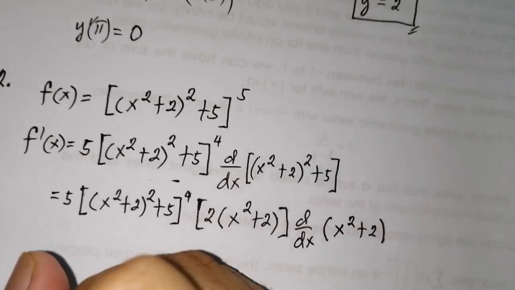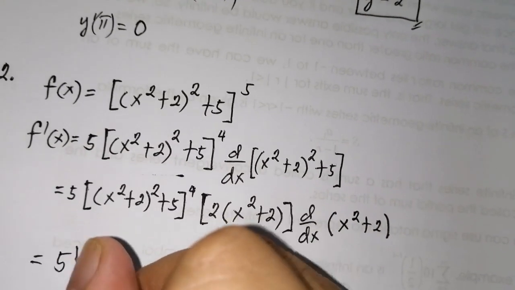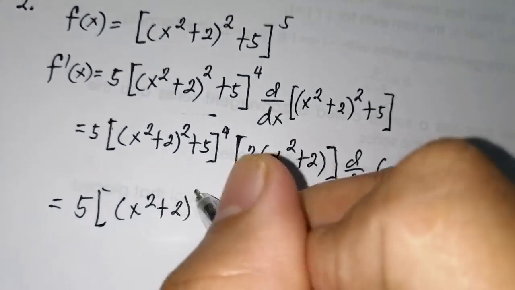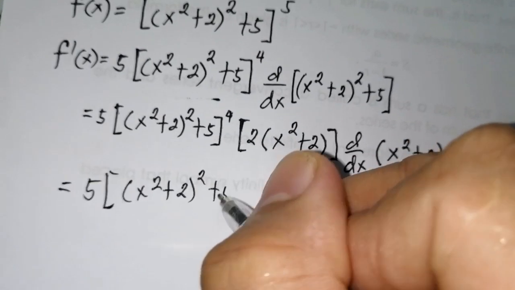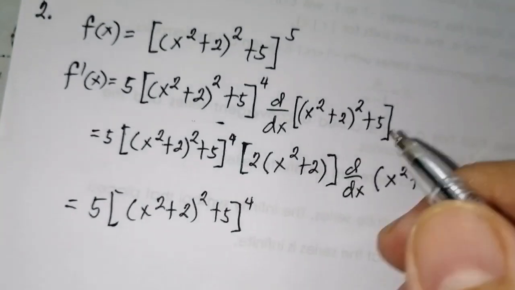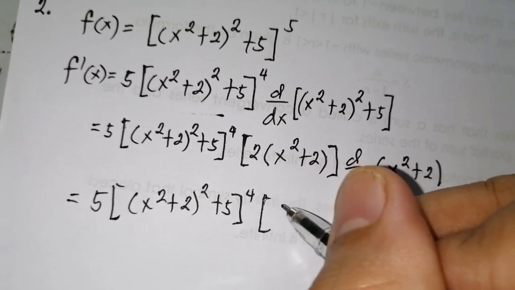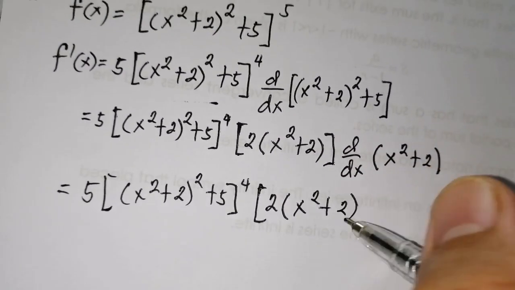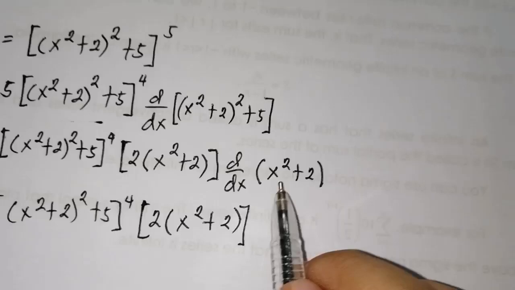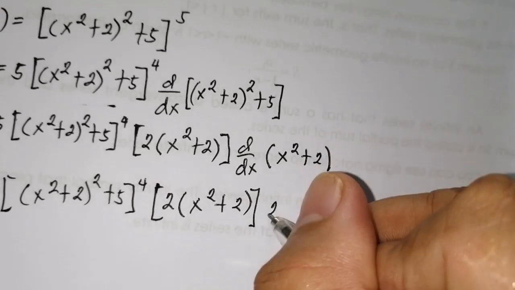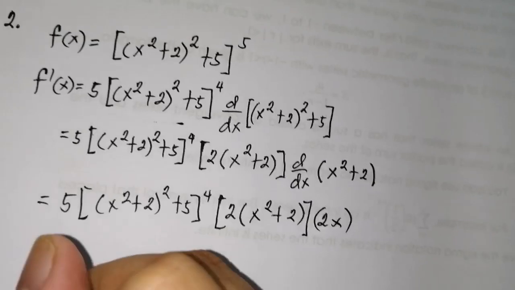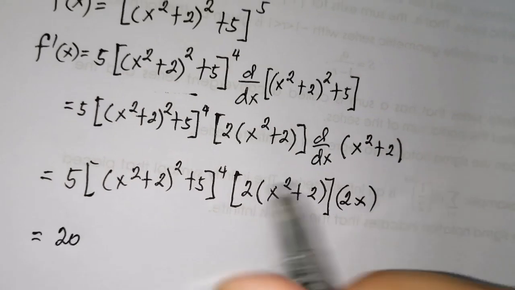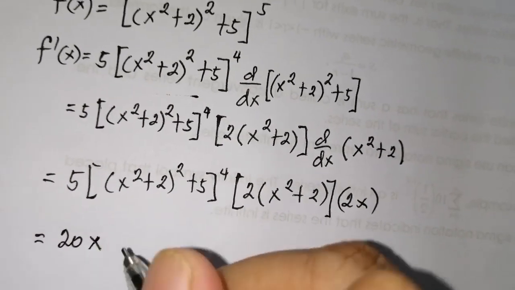Okay, so this will become, copy again, 2 times the quantity of x squared plus 2, times the derivative of x squared plus 2, which is 2x. Now simplify: multiply 2 times 2 times 5 is 20, times x, so that's 20x